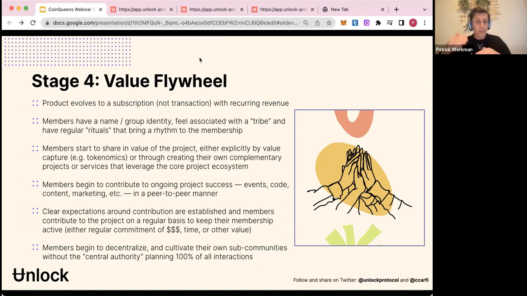And we are seeing a lot of DAOs move in this direction, where now there are rituals being established. For us, every Wednesday, we have a community call from 1 to 2, and we bring everyone together and talk about what's happening. As I mentioned before, people are branching out and creating things on their own, which is really exciting to see because it's really happening in an organic manner. And people are out there preaching our gospel on our behalf versus us having to go out and preach about Unlock.